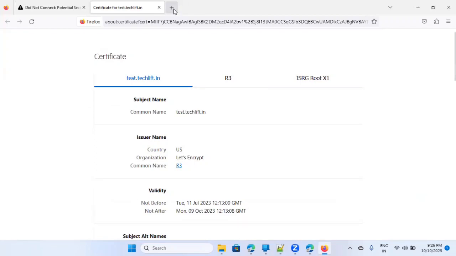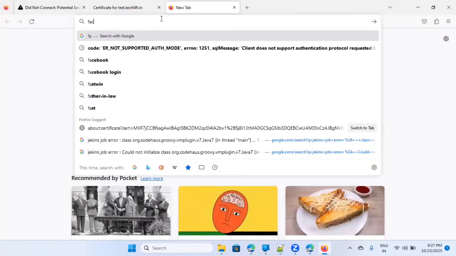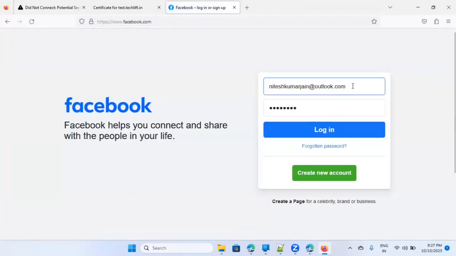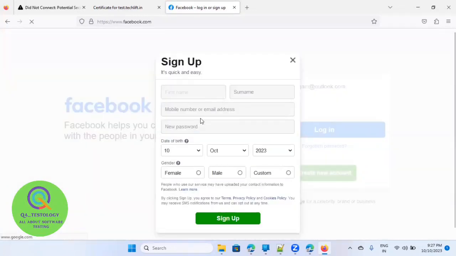No problem. Any other website, let's say facebook.com. If I say create new account, and I do not provide the first name, and I click on sign up,